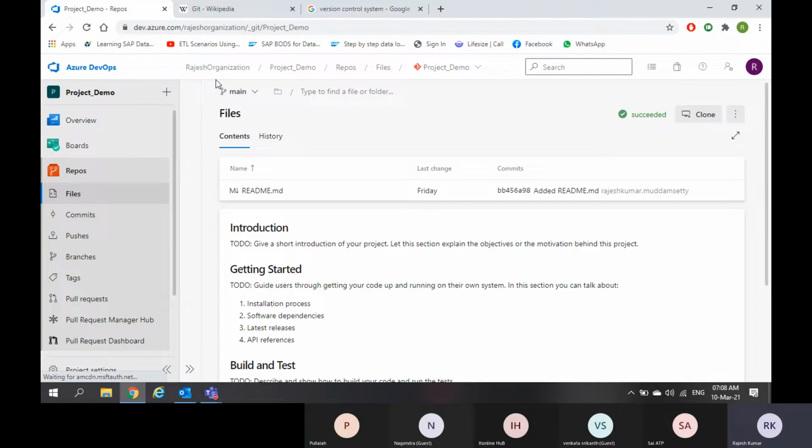For suppose, take your computer only. Every drive is something like a repository for you. In your hard disk, every drive is a repository. In one drive, you may save software. In one, you may save documents. In one, you may save movies and any files.